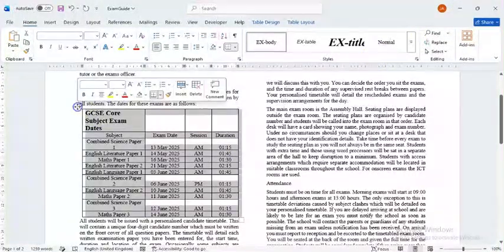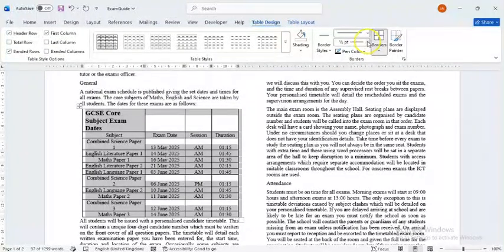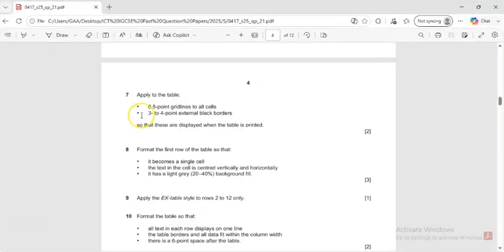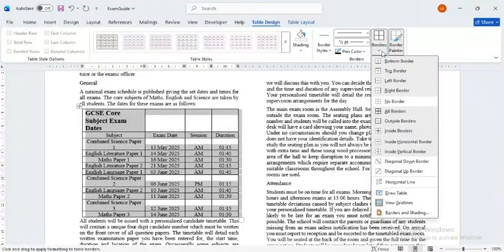So go back and click, go to table design, make this 0.5, that's 0.5. Okay, we've done that already. Then 3 to 4 point external black borders. External black borders. Okay, so we'll go to